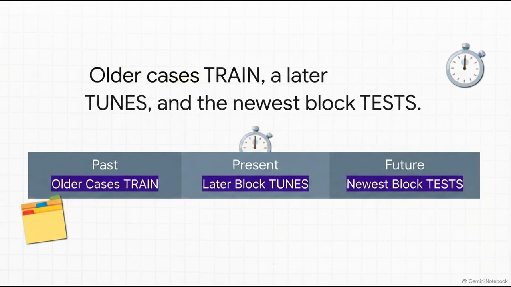So how do we divide those 1,000 cases? You might be tempted to just pull cases at random, right? But a realistic split must mirror how the model will actually encounter the future. Time is almost always a factor. So you take the oldest historical block of cases and use them to train the model. Then you take a slightly more recent block of cases to tune the model. That's your validation set. Finally, you take the absolute newest, most current block of cases to test the frozen pipeline. This perfectly simulates the model predicting the future, which of course is exactly what you need to do in production.